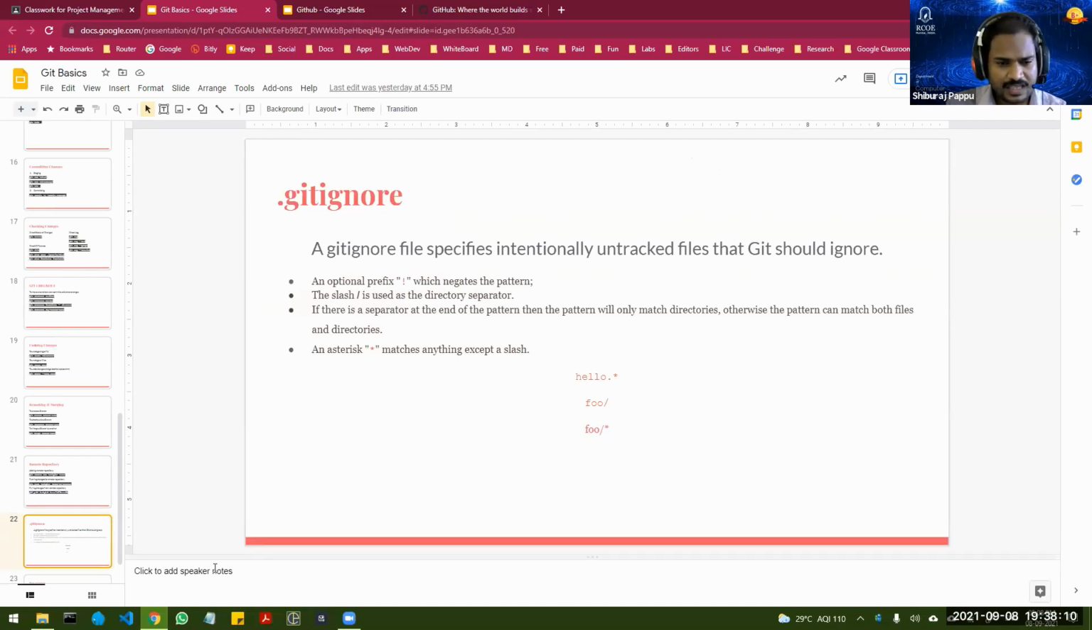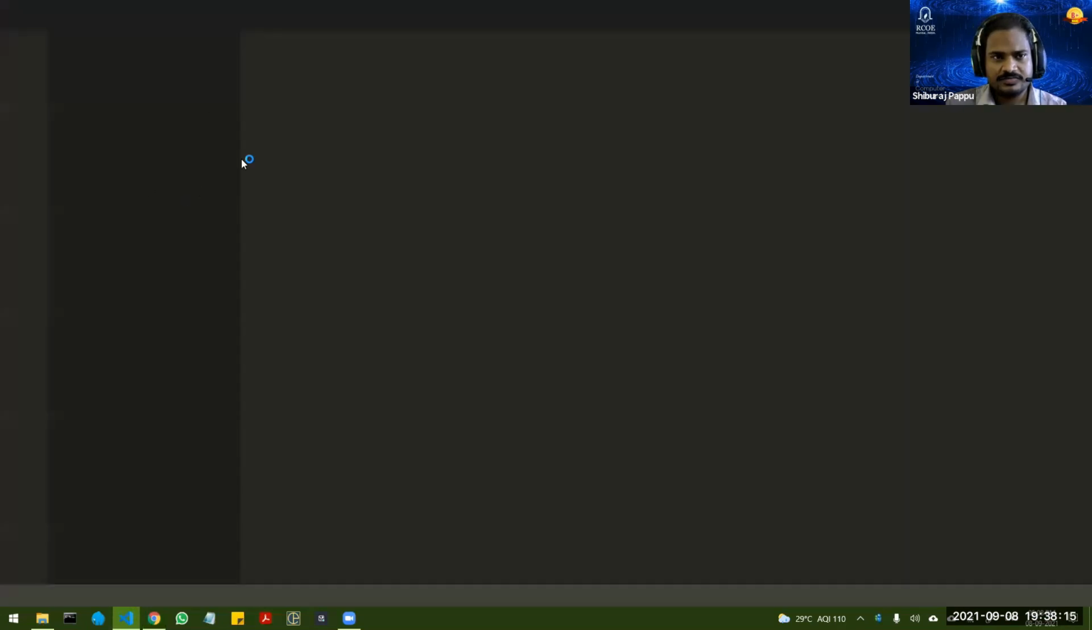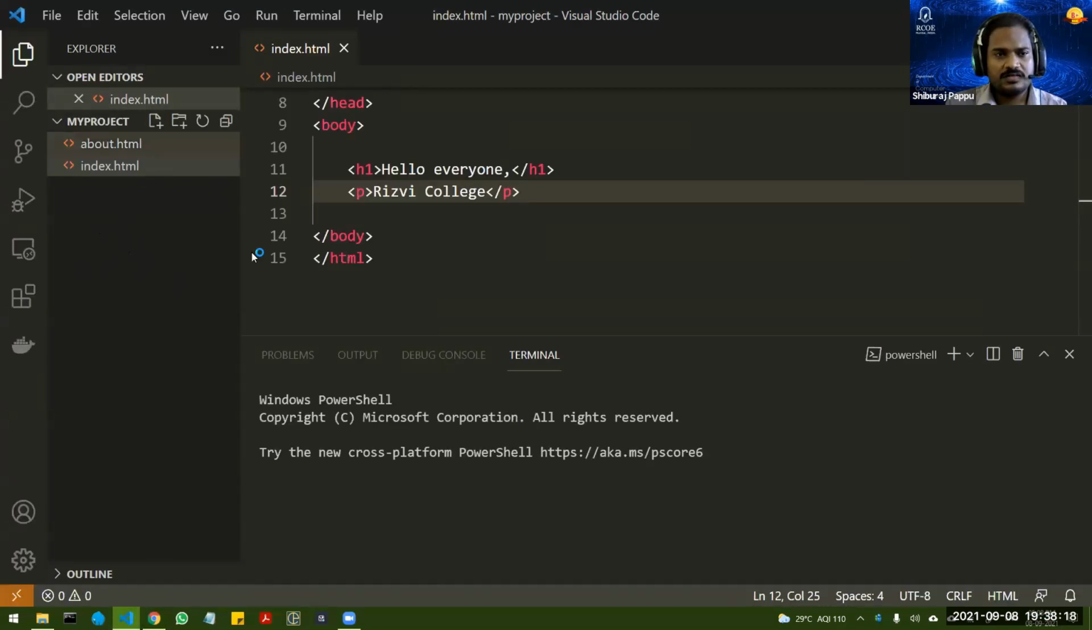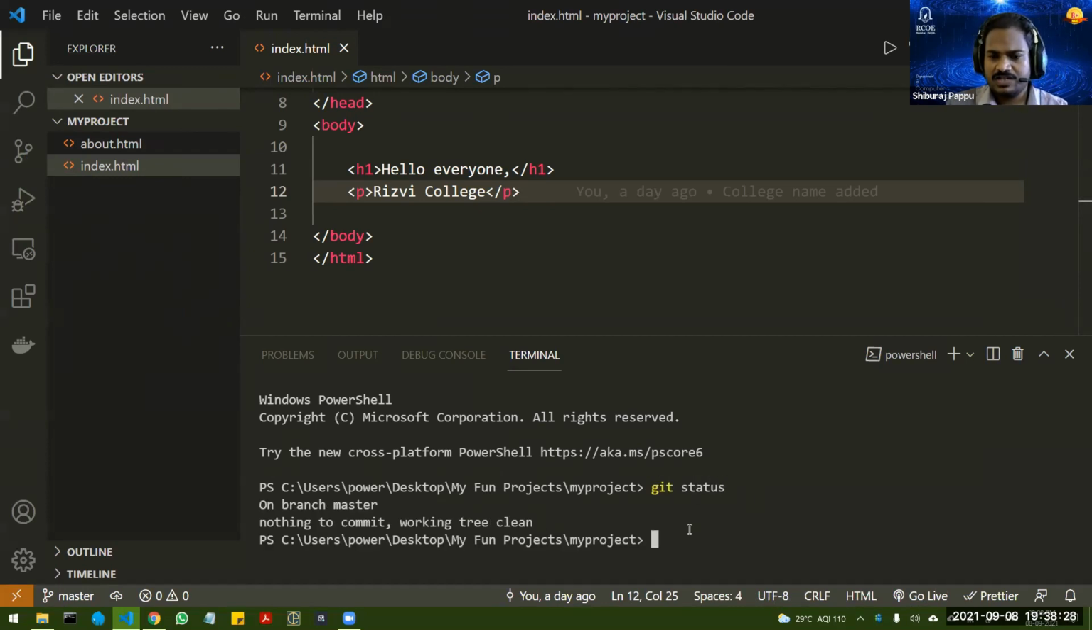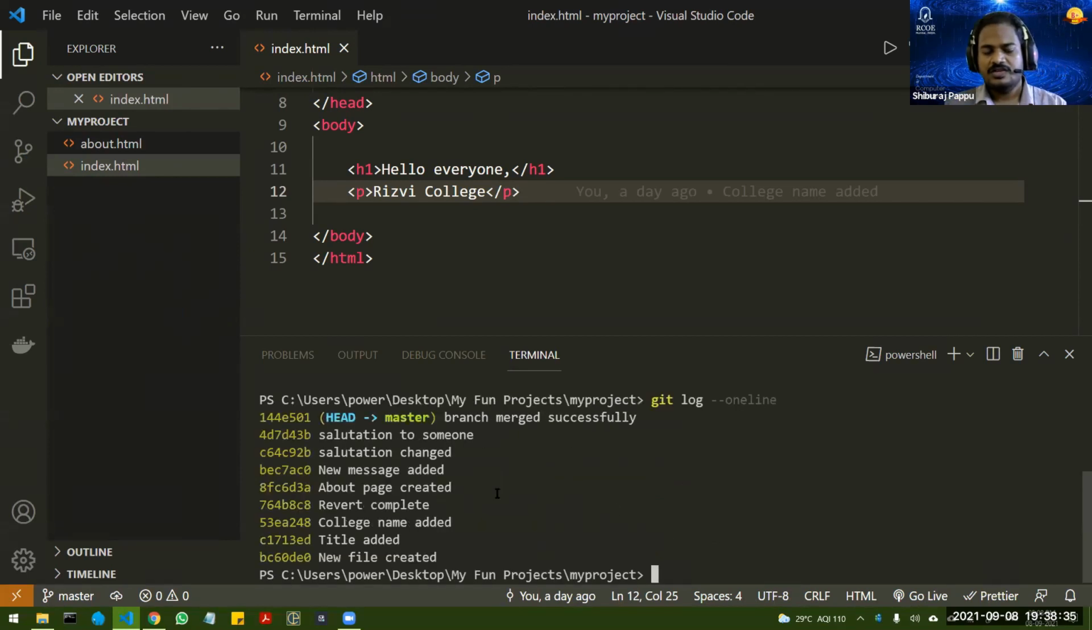Now let's suppose I open my project. This is my project. If I do git status, I am on the master branch. Everything is perfect. Now if I do git log --oneline, you can see yesterday we have done so many commits, and all these commits are there. Now what I want to do right now is